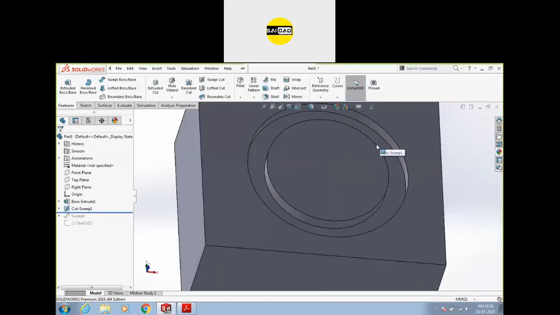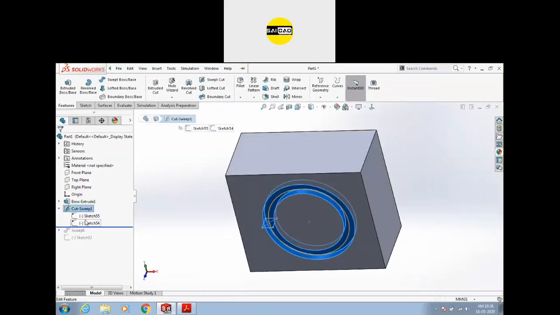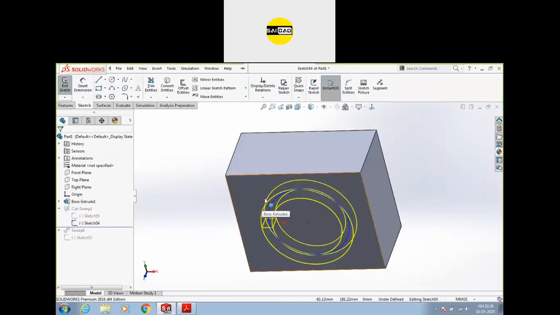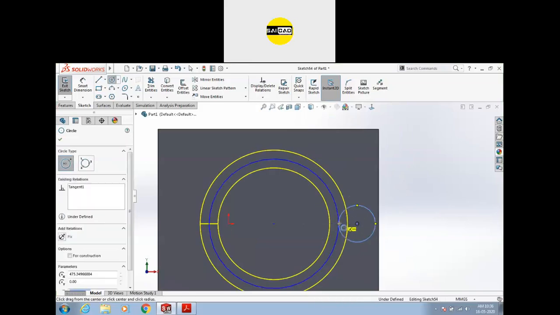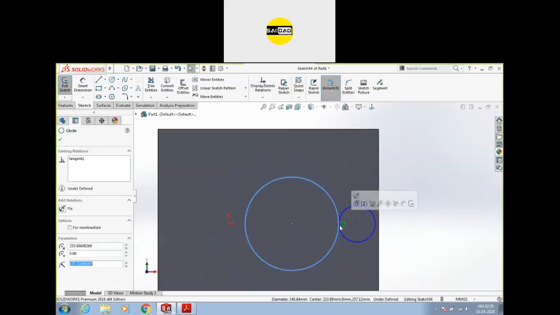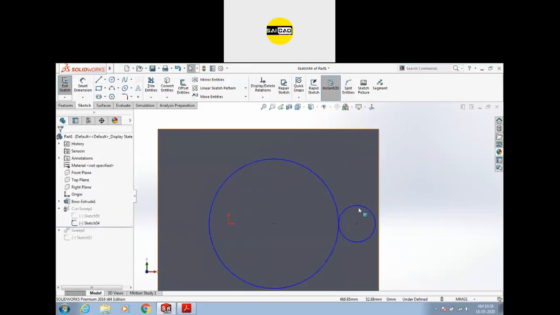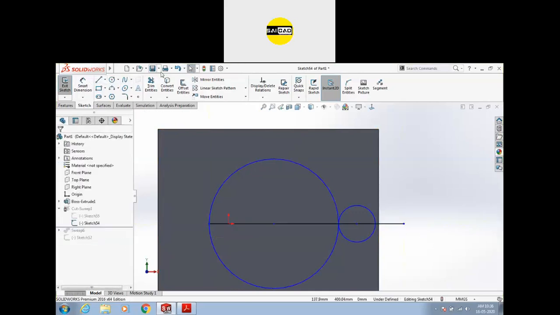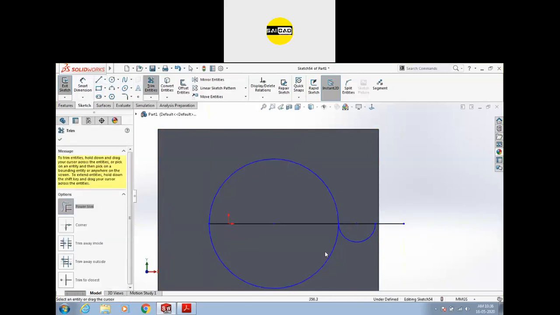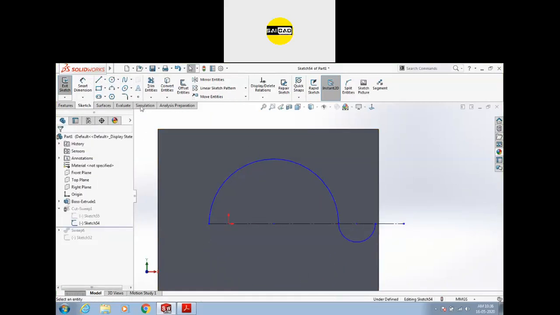You can create it with the revolve command, but if a path is different, because the basic path, if I create a different path like this, and if I create a point right here like this one and trim it out, okay, like this one. So I'm going to define the radius.